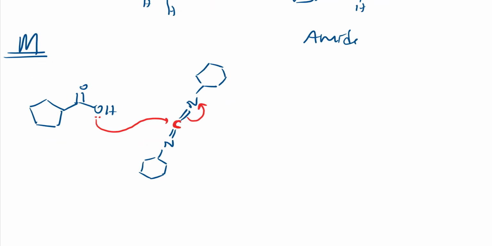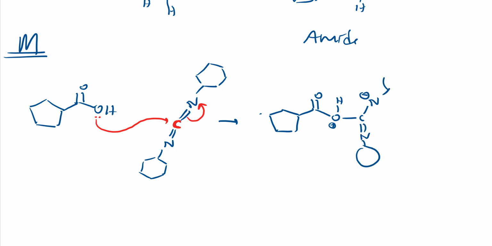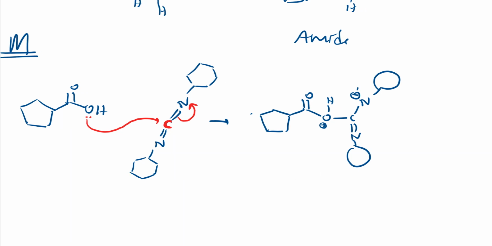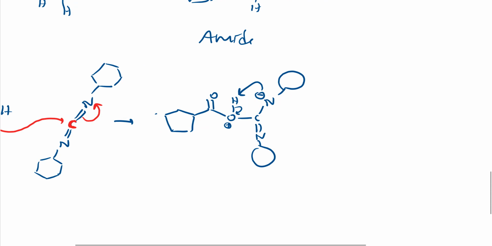So can I draw it directly here only? What I will do, let me show every step. Next time I will show directly. So I will get COO, carbon, nitrogen gets negative charge, and this oxygen has donated a lone pair, so it gets a positive charge, other things as it is. So cyclohexane I will show simply like this, right? See, this negative charge takes this proton, and this electron density moves on oxygen, oxygen becomes neutral, and this nitrogen which had negative charge also becomes neutral, right? So I'll get this structure.